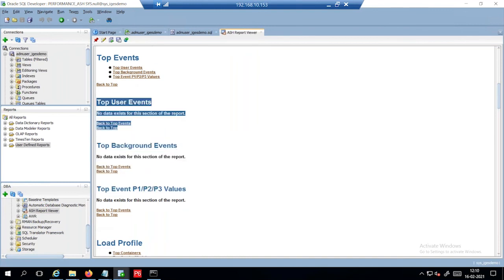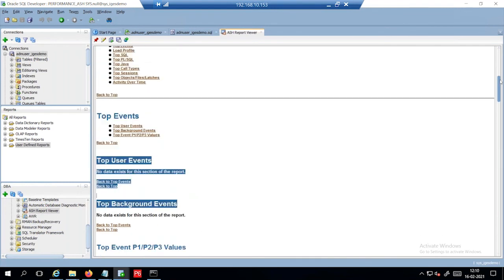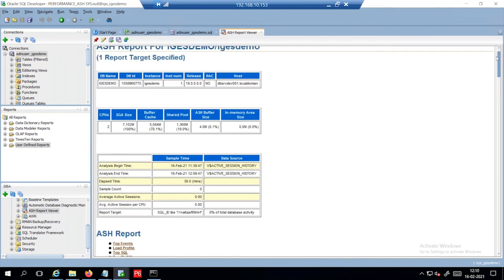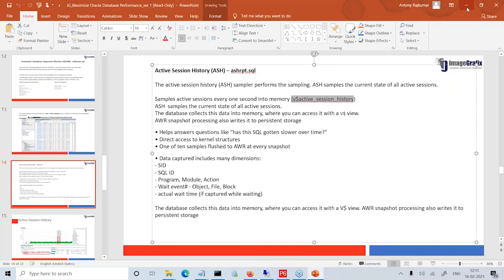It's basically a small database which is not running for any particular application, so it is not populated with any kind of data, but it shows some basic information, like the SGA size, buffer size, and these things have been shown in this case. So these are the reports which you can generate through the diagnostics pack as well as tuning packs.